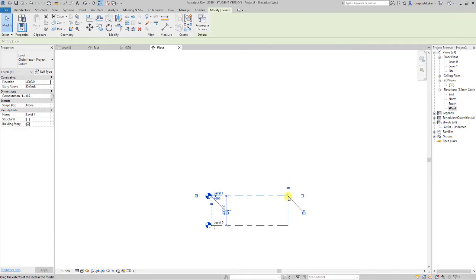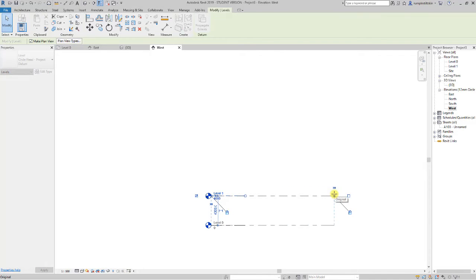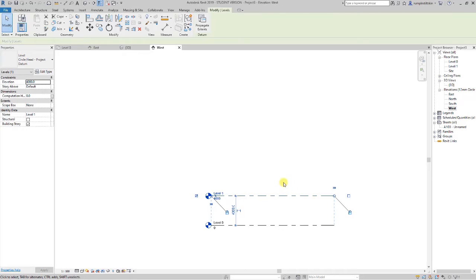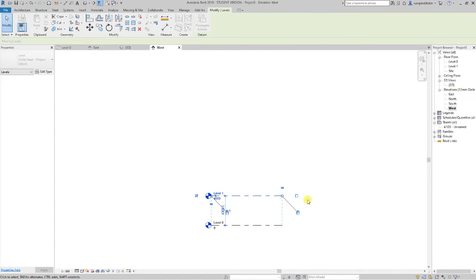And the reason we want these connected is because it's just easier to move them. So you basically move that box independent of each of the other objects. If I wanted to move them separately, then I could just click on the 3D to change it to 2D, and then I can move this independently. The only problem with doing that, it's a bit of a pain to get back to 3D sometimes. Okay, so I'm going to go back to my east elevation,